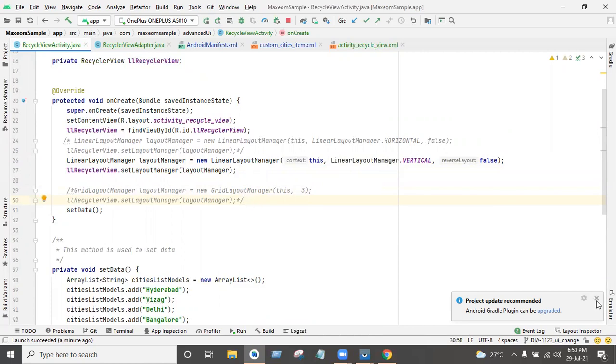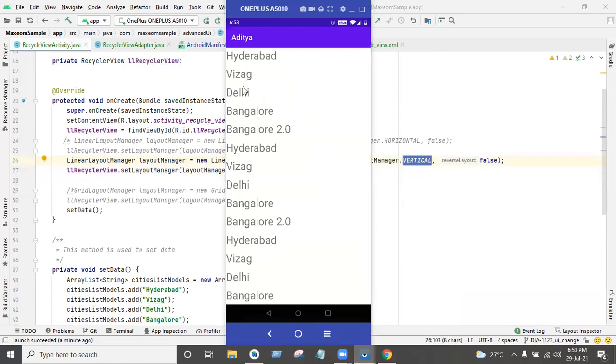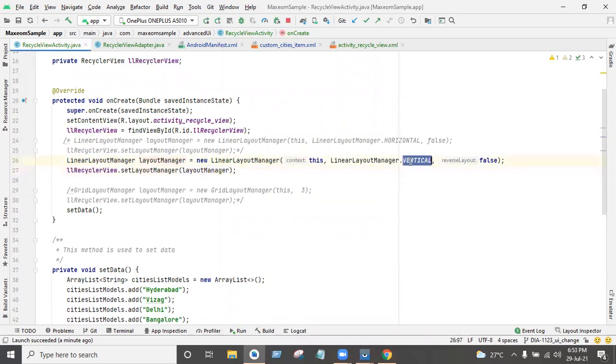I will explain one by one. If you take this linear layout manager, you know, right? If you give vertical, the data will be plotted one by one, one by one. We already ran this code.